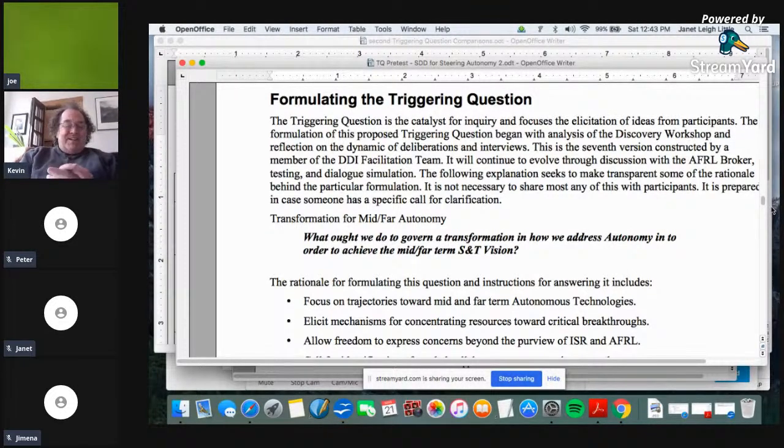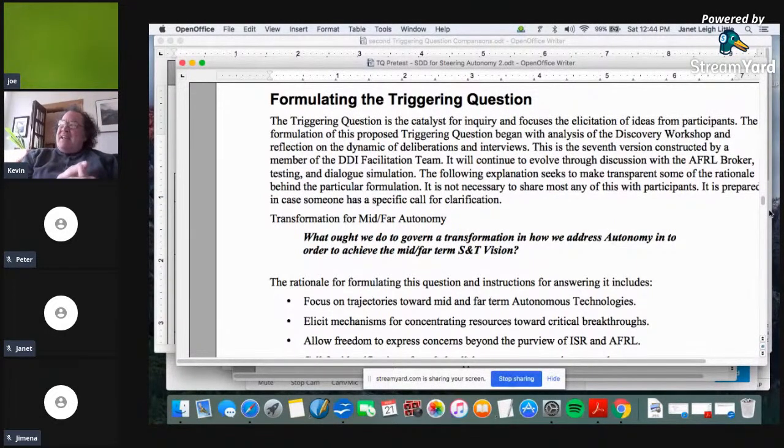The S&T vision is something written by a directorate within the Air Force based on lots of different inputs, and we're responding to the mid to far term. Mid to far term is up to 25 years or so. The word ought is strategically chosen. It's based on a paper by Hassan Ozbakan. I think it was called Ought Implies Can, or Can Implies Ought. I can't quite remember, but